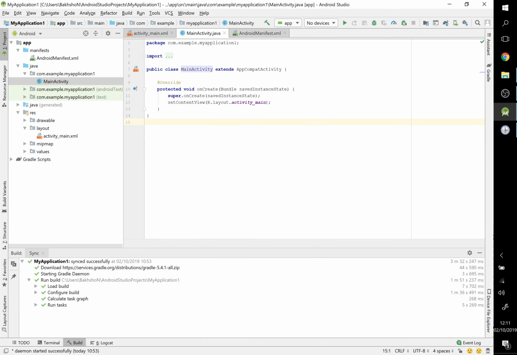Next up, I'd like to discuss the emulator. Now, the emulator is a virtual device which sits on your screen rather than you having to plug in your own mobile phone, and it can be quite a problem and quite messy. So what I'm going to try to do in this short video is actually look at some basic ways of